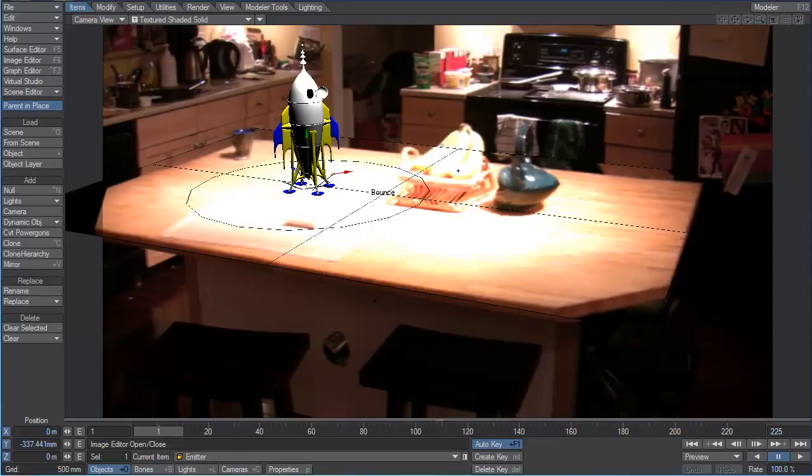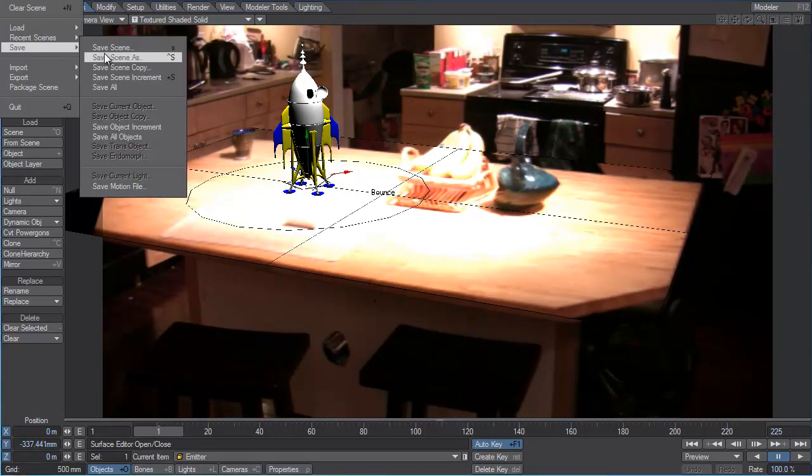So to begin with, because of the way Lightwave works, if we're going to do four render passes, we actually need to create four render scenes, each one with a different set of parameters. So we'll start with just the rocket. I'm going to take our scene, our particle animation scene that we worked on in the last video, and I'm simply going to save it out. File, save scene as,